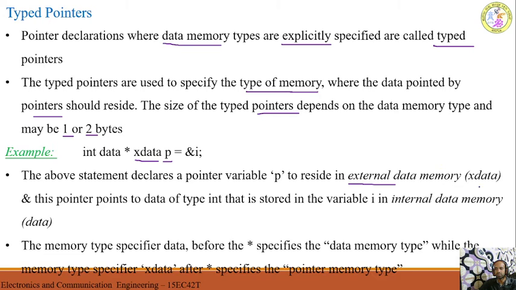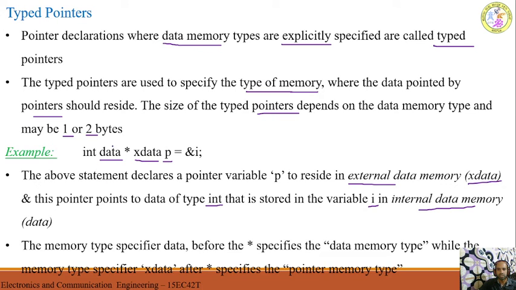Data memory, that is nothing but xdata, and this pointer points to the data of type int. This pointer points to data of type integer that is stored in the variable I in the internal data memory. Now where is this variable I actually stored? This variable I is stored in the internal data memory, data.